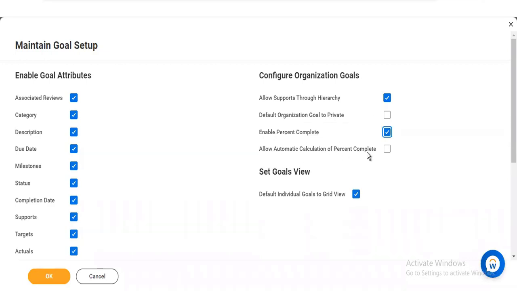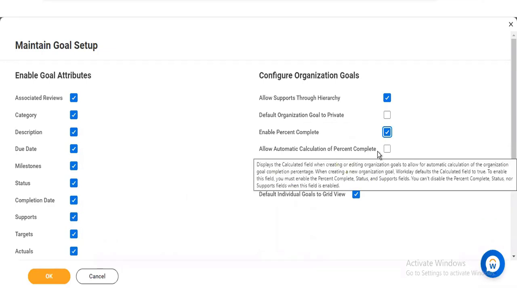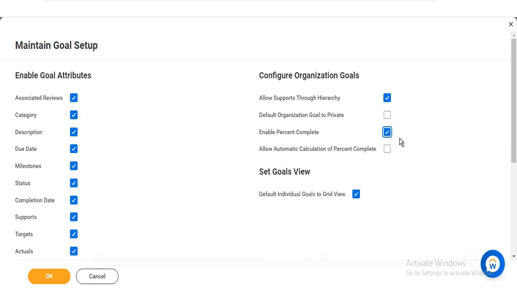Allow automatic calculation of percent complete. If someone is completing a goal, normally yesterday when I showed you, what was happening is we have to go there and mark it complete or in progress, whatever the status is. Then whenever my manager sees that, he'll be able to see it. But in a different scenario, if the goal has multiple parts,